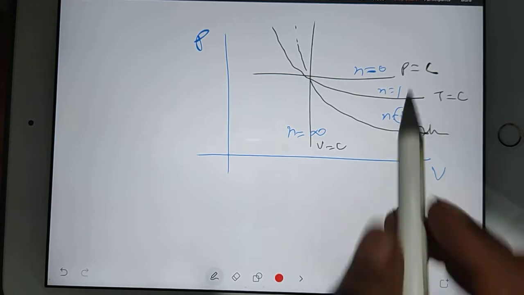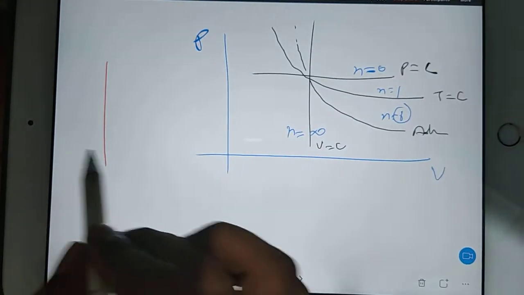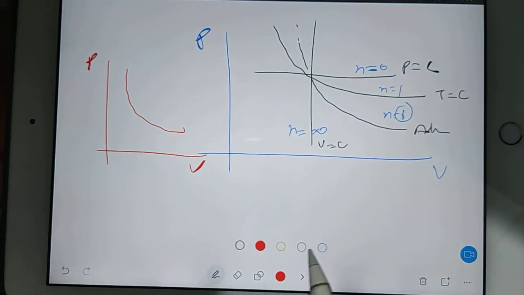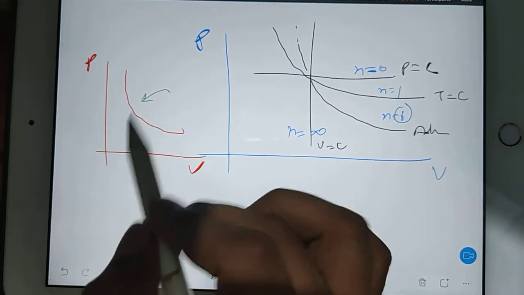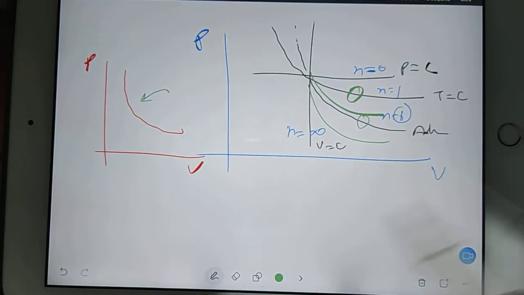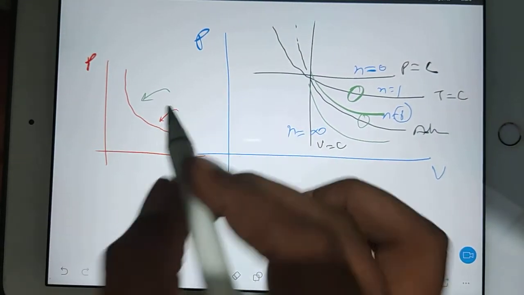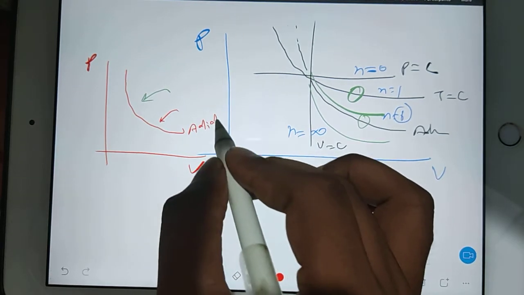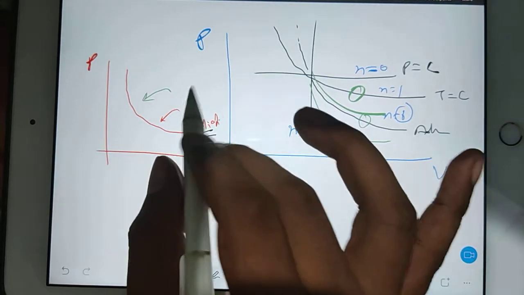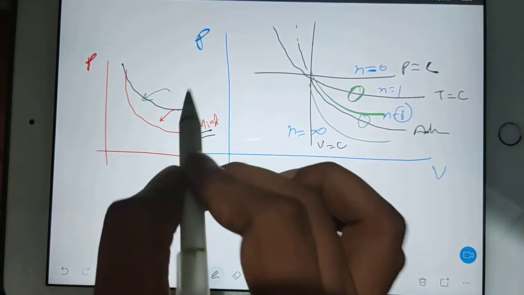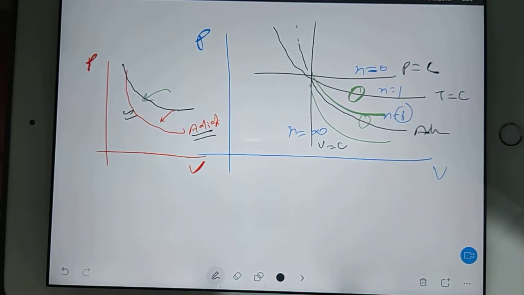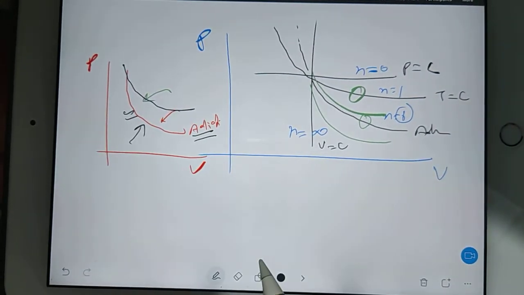Okay, suppose I am drawing only one line here on the PV diagram, then how will you judge which line I am drawing? I am drawing this line or some in between line or some other line. You cannot judge. So that's why after drawing the line, we must mention that it is an adiabatic line. So if it is an adiabatic line, then you will understand, okay, isothermal curve is above. So you can see adiabatic is more slopey.